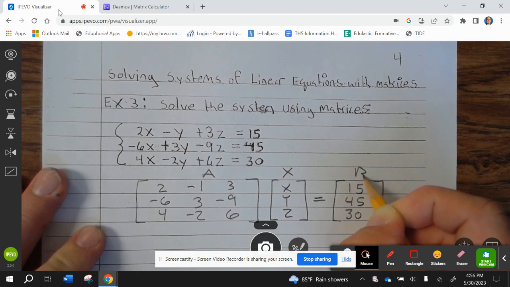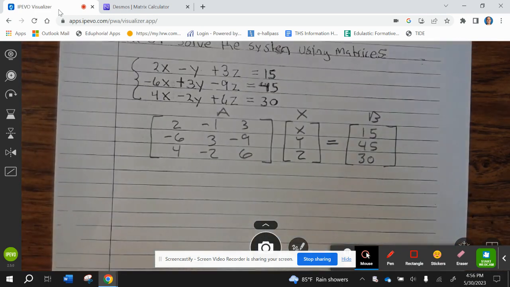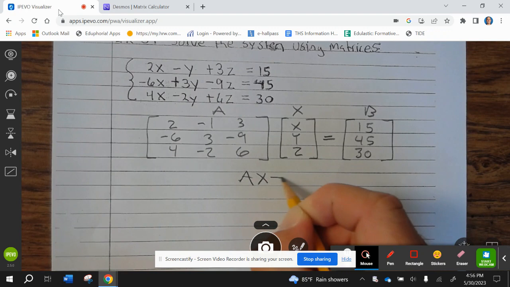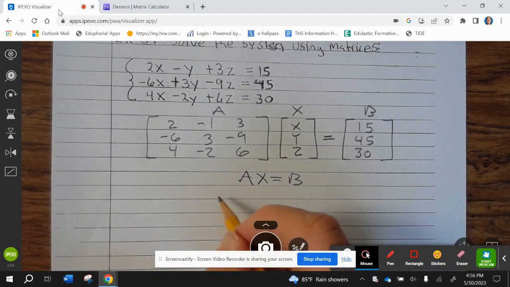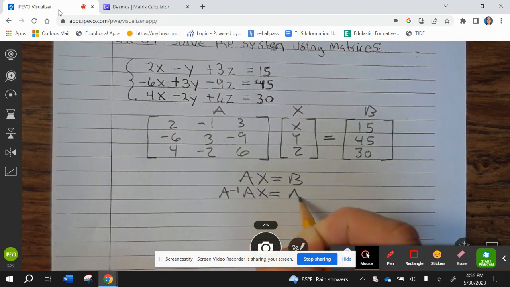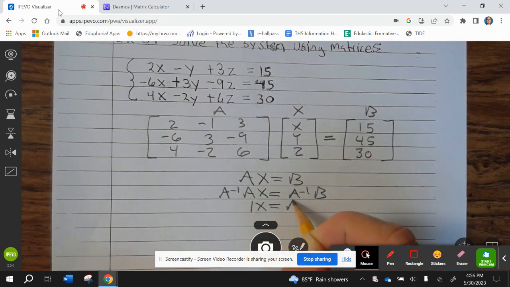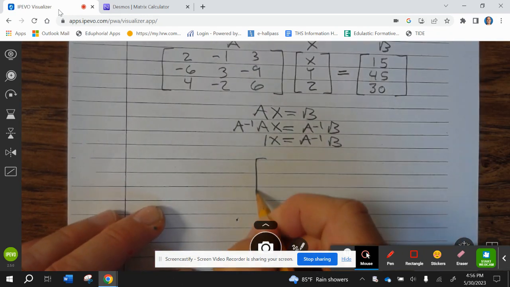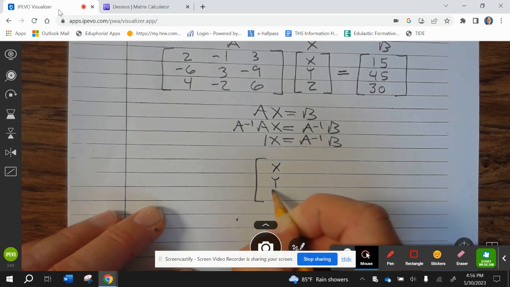That's your B. And remember, we know that AX equals B. Multiply both sides by A inverse. That becomes 1x equals A inverse B. So X, Y, Z